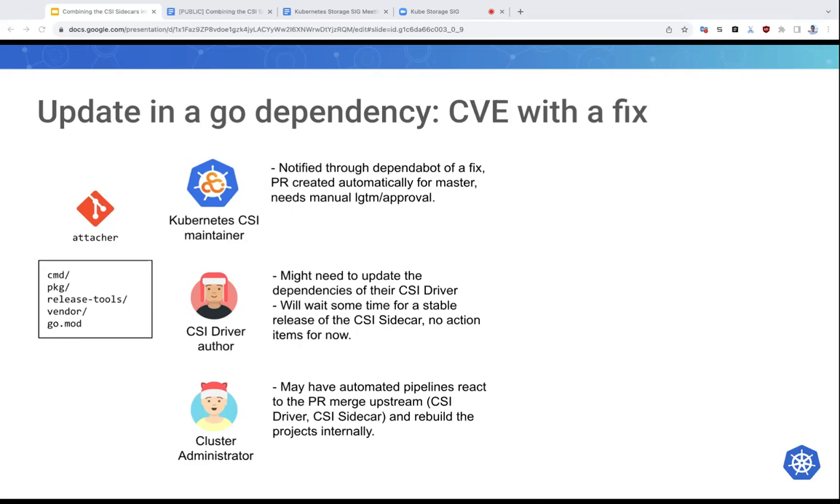The same vulnerability may be applicable to the driver too. So the driver might need to do the same thing, update the dependency. But if the vulnerability happened on a sidecar, then the author usually waits for a stable release of the sidecar. So for the driver author, they just need to wait for the sidecar if there are CVE fixes. And for the cluster administrator, this usually depends too. So at Google, we have